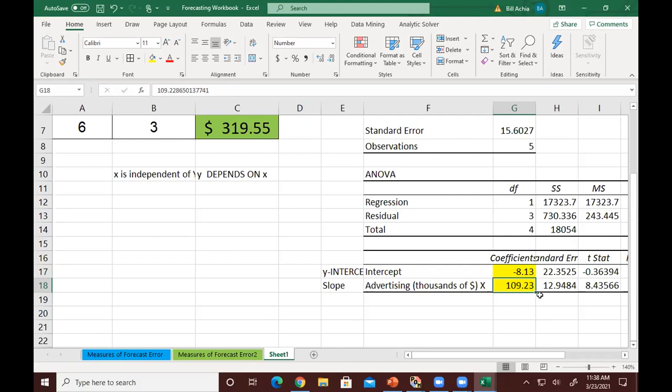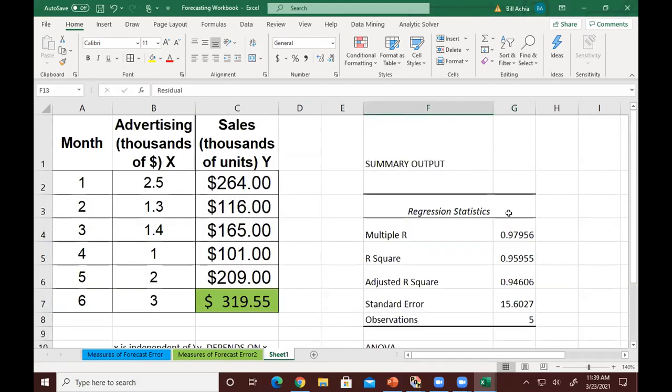So if you start off at $0 spend and then put in $1,000 worth of advertising, it's going to move us from -8, which is at 0, plus 109. So we end up with about $100 worth of sales revenue. If we add an additional 1,000, our sales will also increase by an additional 109, and so on and so forth. The last thing I'll talk about here in the last 10 seconds is these values up top